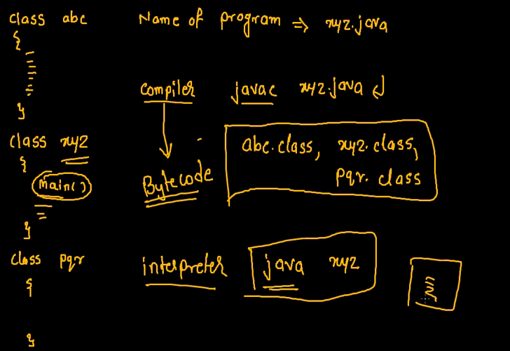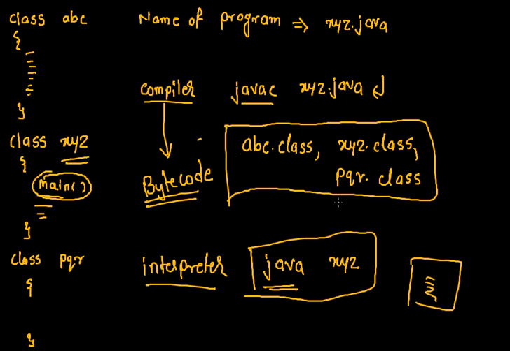So this is the procedure of saving the program. As you can see, xyz.java will be the name of the program. You will have to compile that file, and then there will be three .class files because there are three classes in your program. And if there is no error, you can interpret, or you can say execute, your actual code by writing java space xyz, again xyz. Why xyz? Because xyz is the name of your program. Then you will get your desired output.